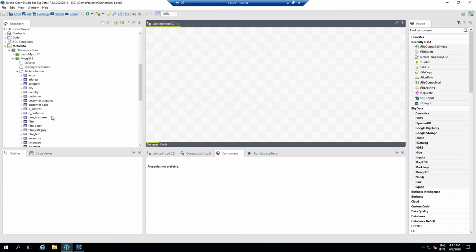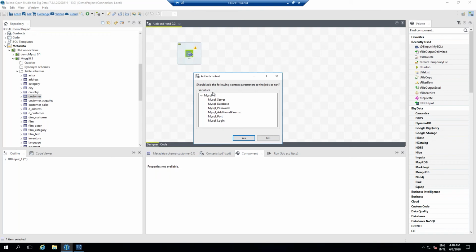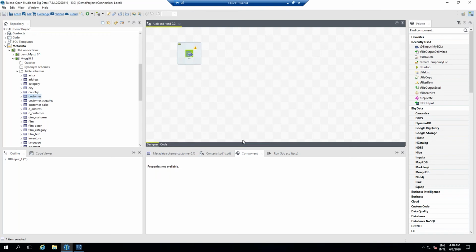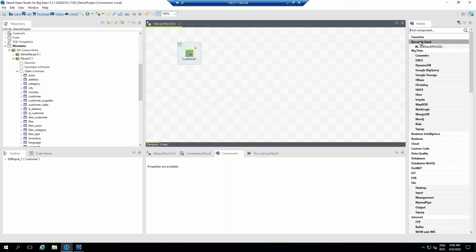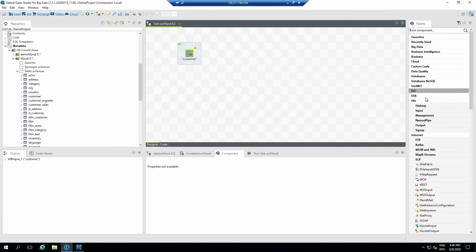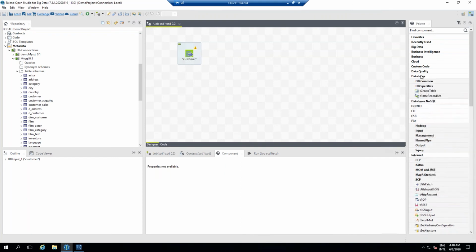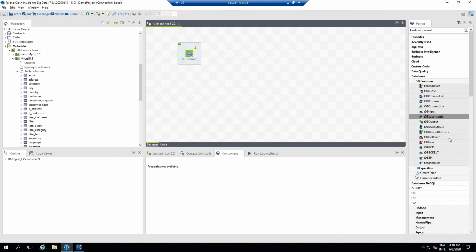So what we have is our table, which is customer, and it is the input, right? So yes. Now once this is done, next if we go to the databases, we will have something here called DB common and TDB SCD.